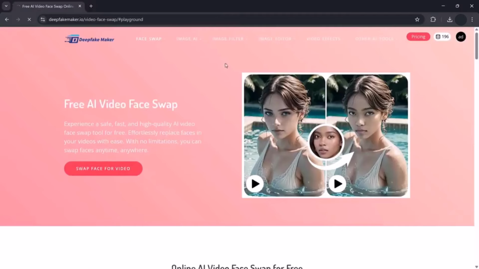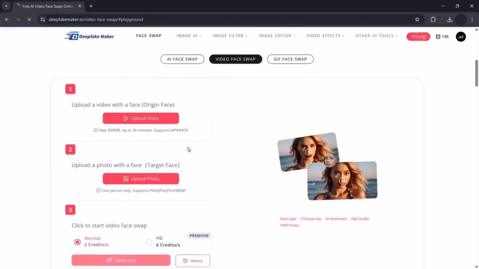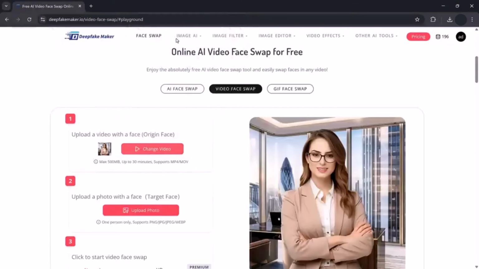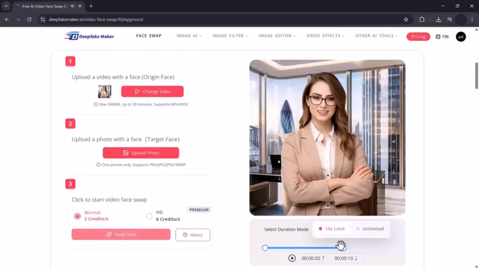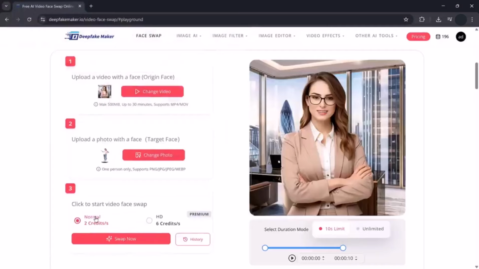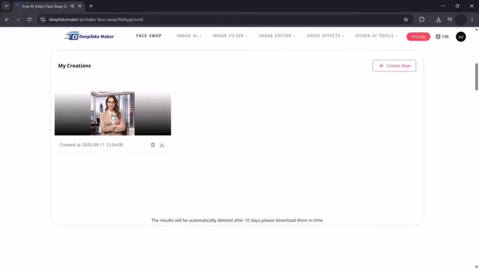The second feature is Video Face Swap, which takes face swapping to the next level. Here, you upload a video containing the original face. You can even set how long you want the swapped face to appear in the video, and then select your target face. Before swapping, you'll see the credit option, and once you confirm it and click on Swap Now, the results are mind-blowing. The face is swapped so perfectly that the video looks completely authentic, and you can also download